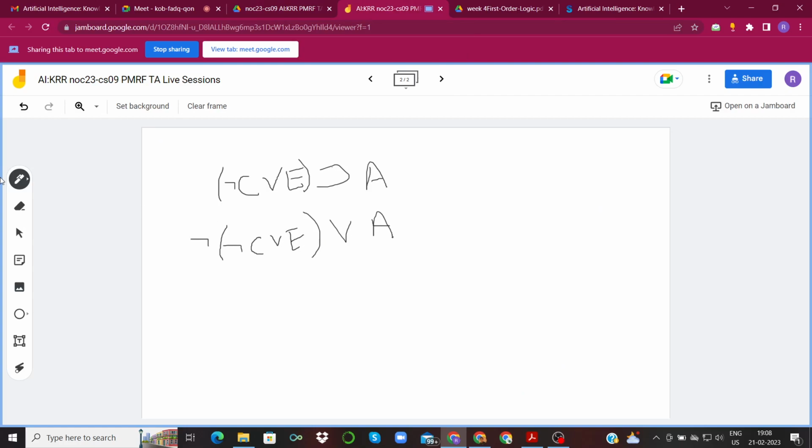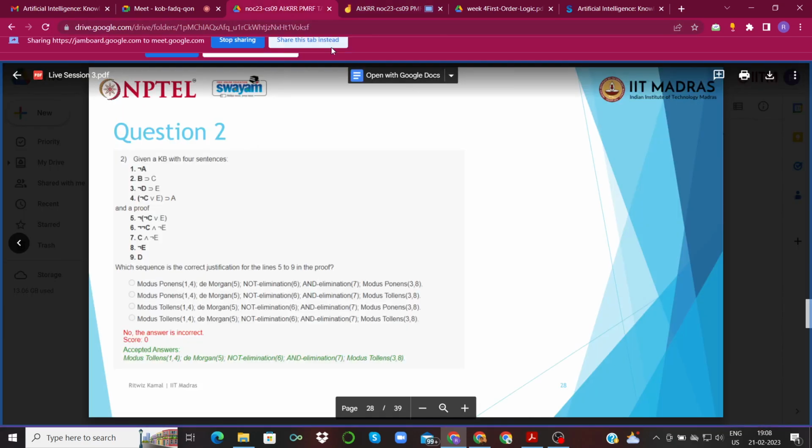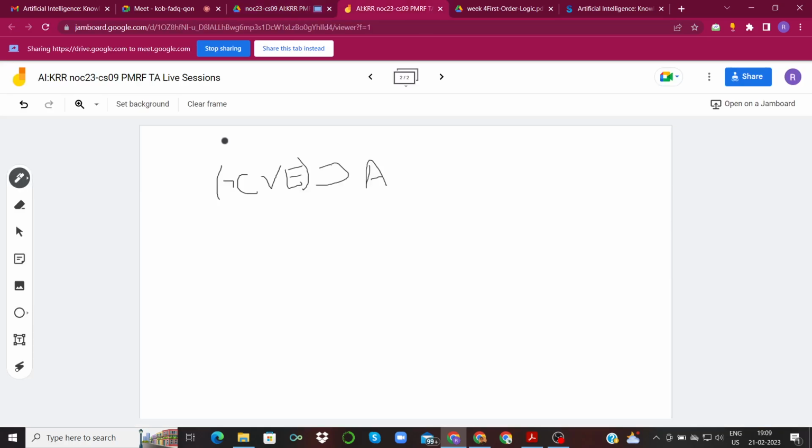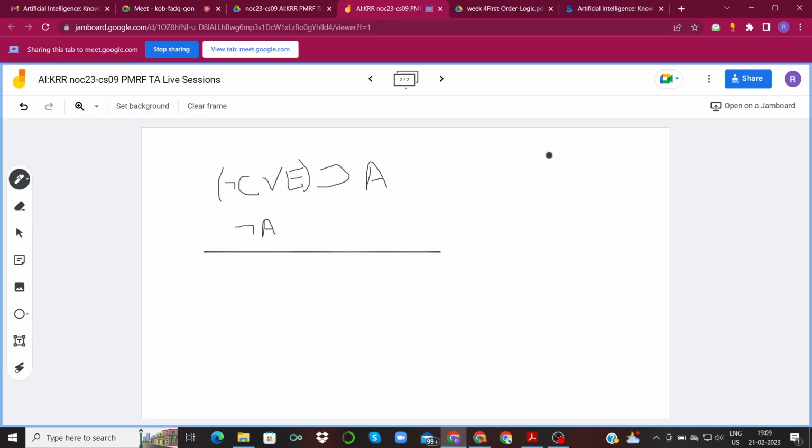Okay, maybe we can proceed in a different way according to the given proof. So this might not be the optimal way. Here they are actually using the first sentence that is given to us, not A, and this implication that is given to us. Okay, so we have this and not A. Using modus tollens, which if you remember was if P implies Q and not of Q, we can derive not of P. Okay, so using these two rules, rule 4 and rule 1,